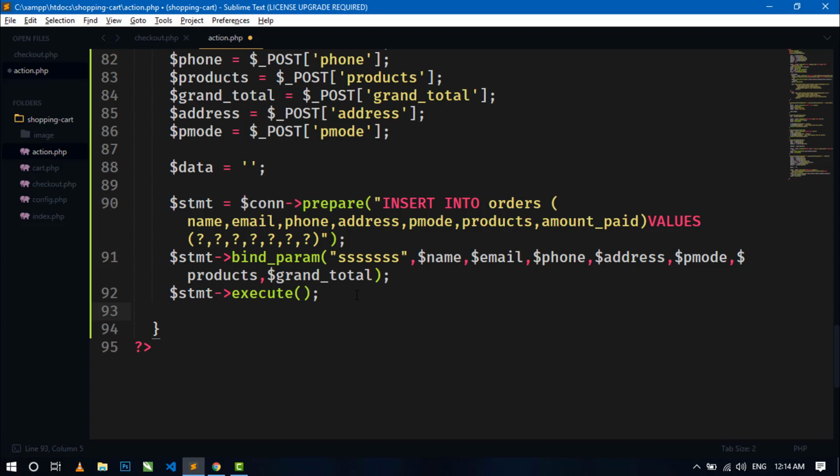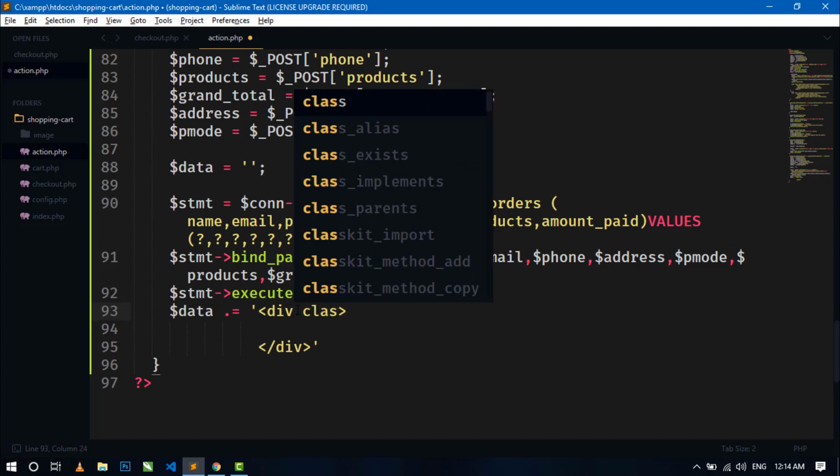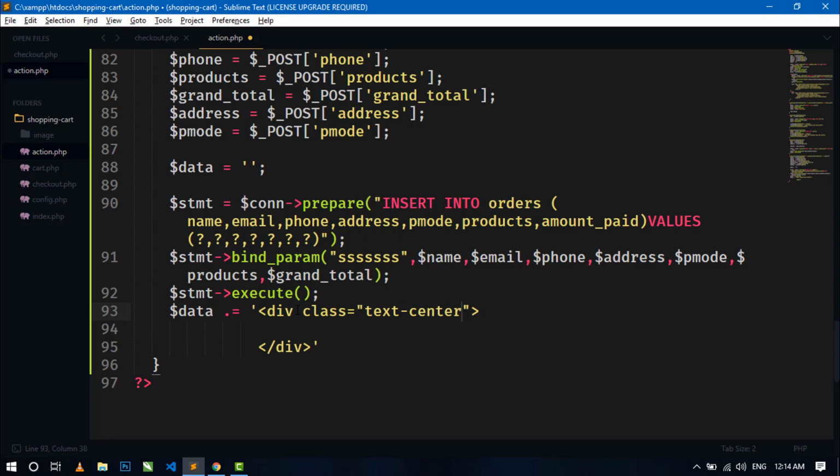Now if this is executed successfully, then I will call this data and concatenate with div, and now here inside this div we will use class text center bootstrap class, and inside this div we will use h1 tag to display thank you, and here also I will use bootstrap class like display 4, and margin top 2, text danger. Okay,